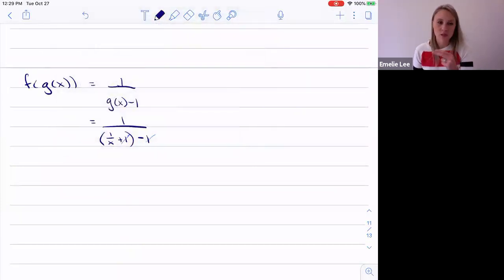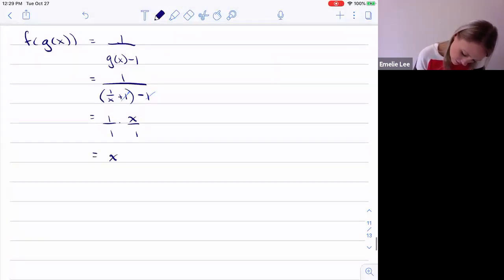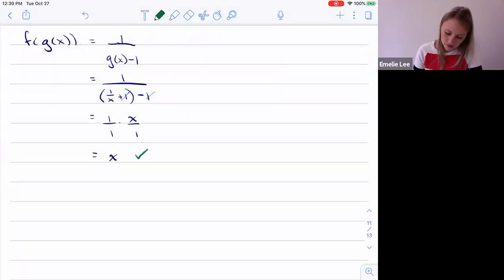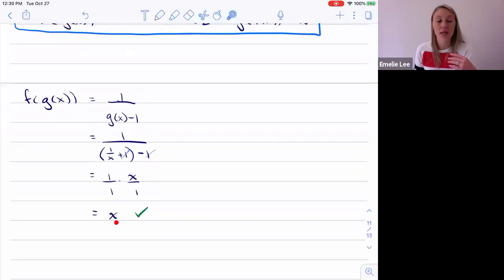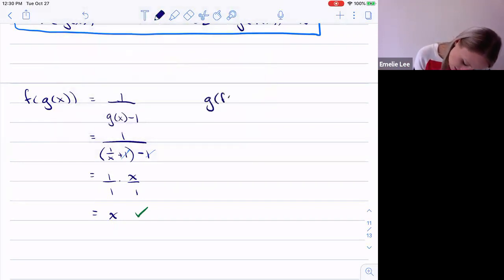So all I'm left with is 1 over x, which is 1 over 1 times x over 1, which is just x, right? And so here, it actually did equal just x, which confirms that g of x is the inverse of f. But we also have to show it the other way. We always have to prove both ways, but this is a good start, right? If we're able to land on x here, we should just as well be able to land on x on the other side too. So if I do g of f of x,